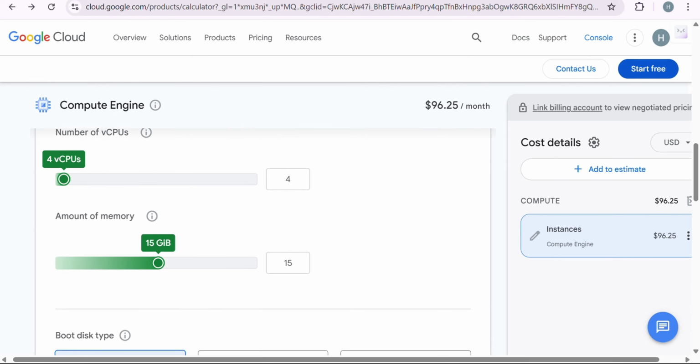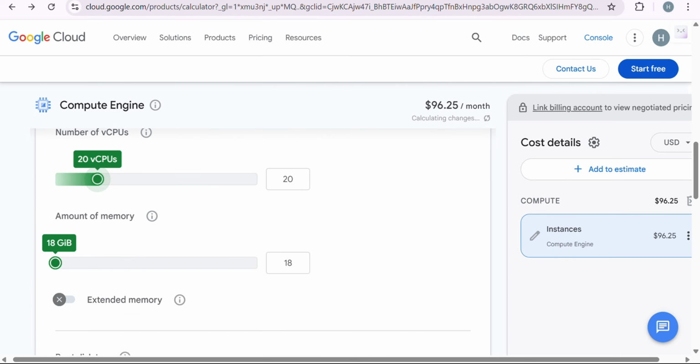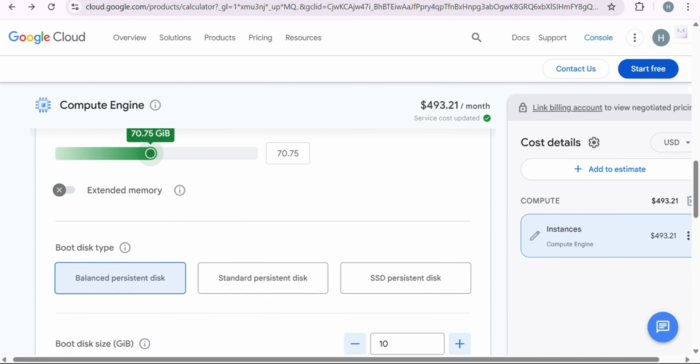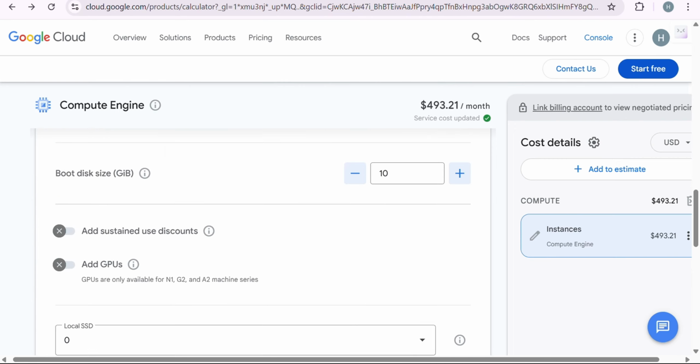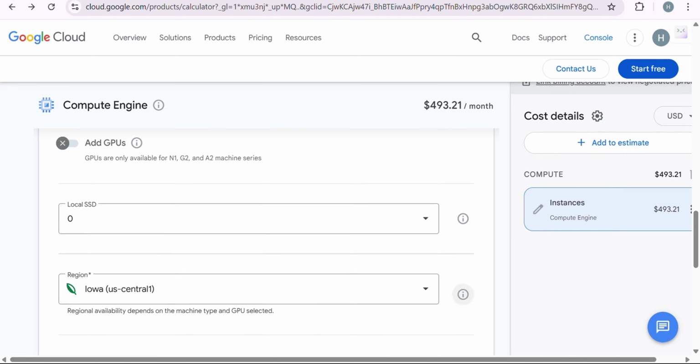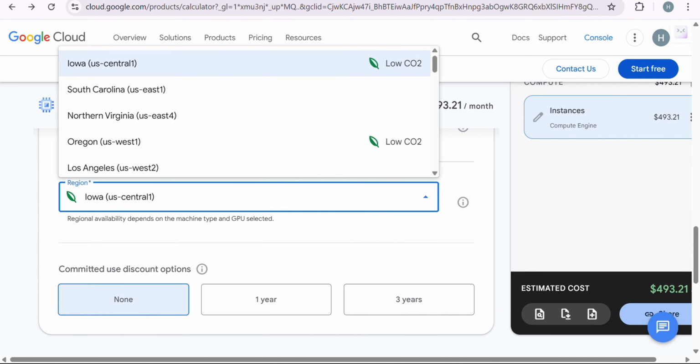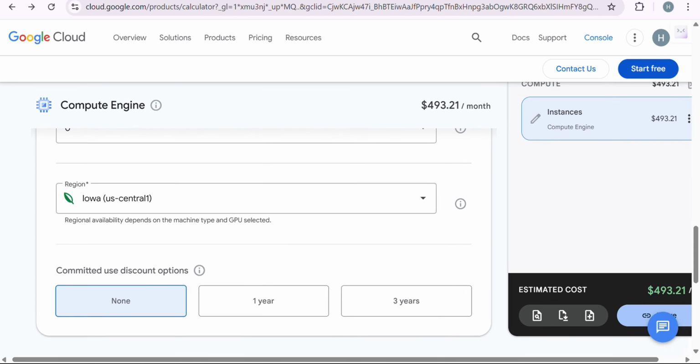How many virtual CPUs do I want? For example, I want 20 virtual CPUs, and I have kept the amount of memory at 70 GB. If any boot disk is needed, 10 GB I have mentioned here. Local SSD zero I have kept. Here the region also plays a very major role. I'll show you later. For now we are going to keep US Central